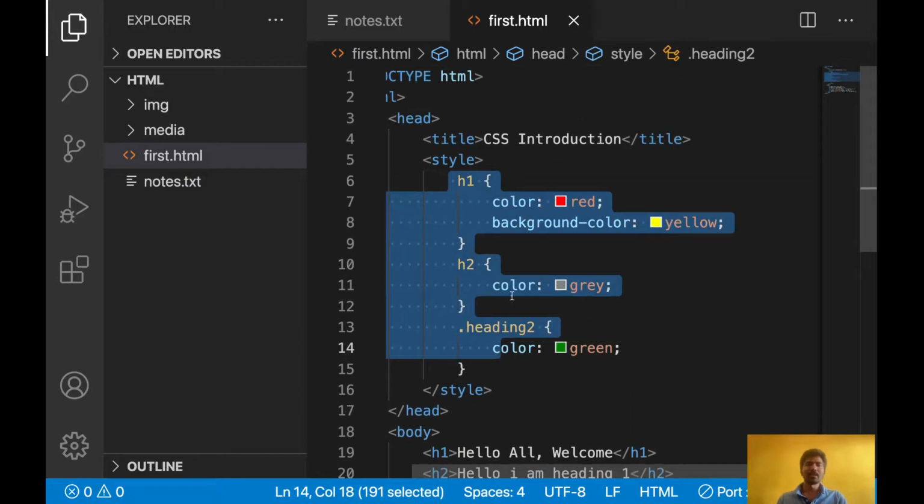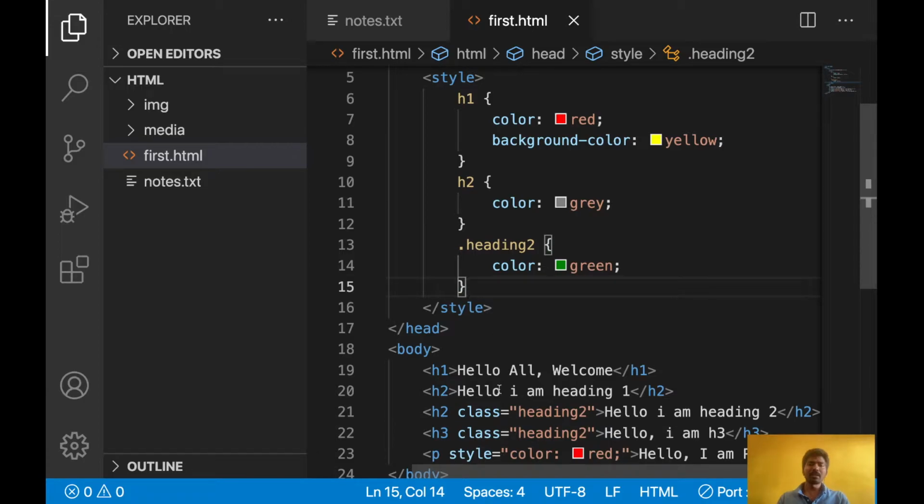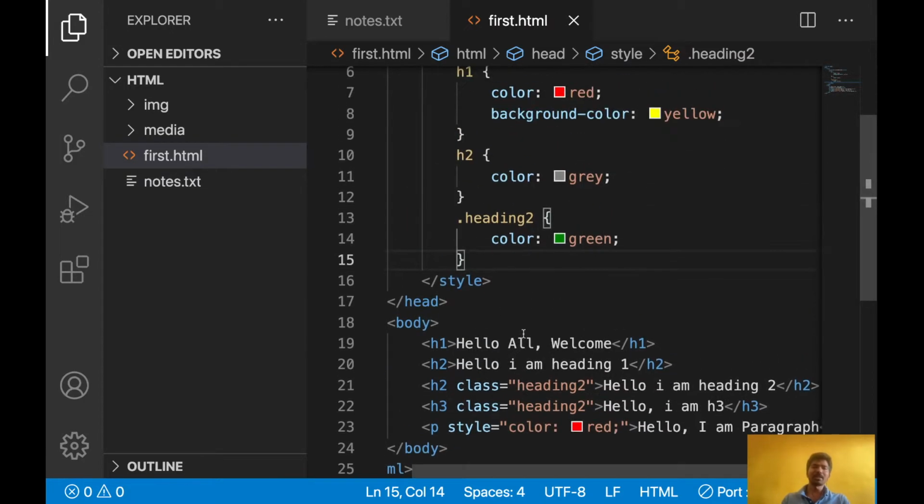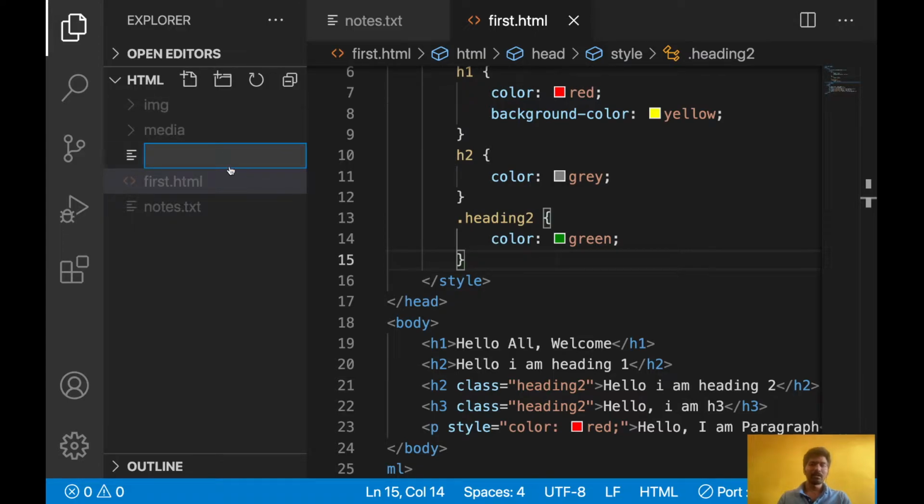Now let's see the third one, external CSS. What is external CSS? Let's create one file, let's say external.css. Here the extension should be .css. For HTML we write extension .html, right?